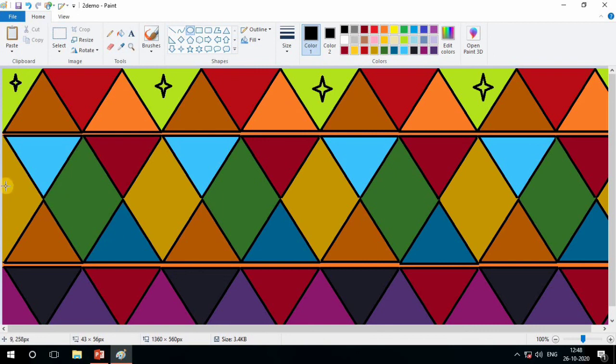Yes. Now from this I want a circle, use the circle tool and draw it. You can see I am just pressing the mouse left button and dragging it, so the circle is drawn here.